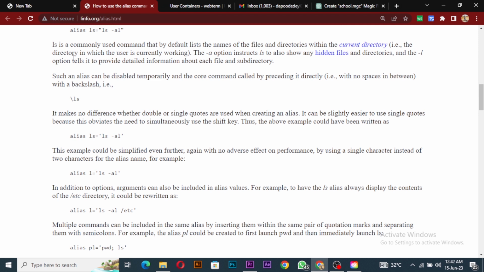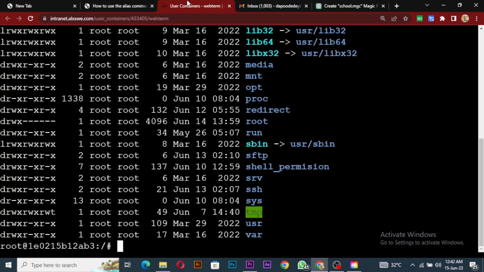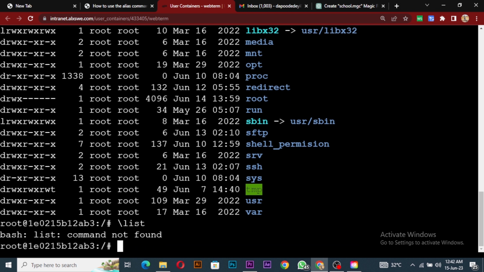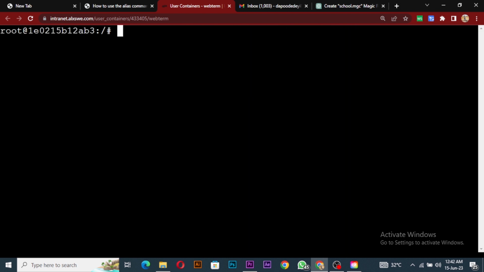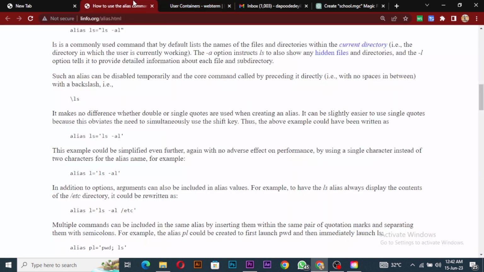We all know that. So the A option, okay, this one is just explaining it. Such an alias can be disabled temporarily. It's not like the backslash would make it disabled permanently, because once we do our list back, we'll still have it. But when we do our backslash list, it will disable it temporarily and make it work, right? So the escape character will not make it work for that time. So all these ones are still different types of